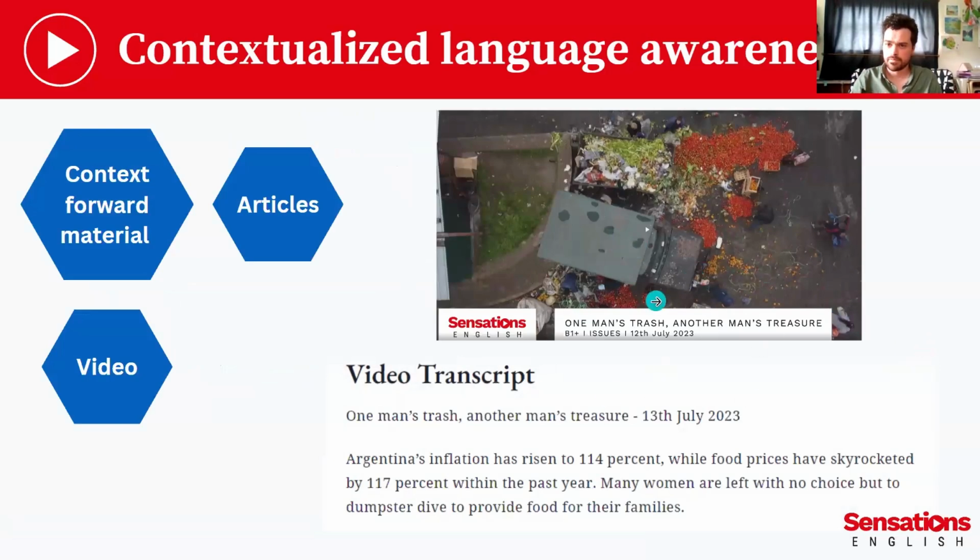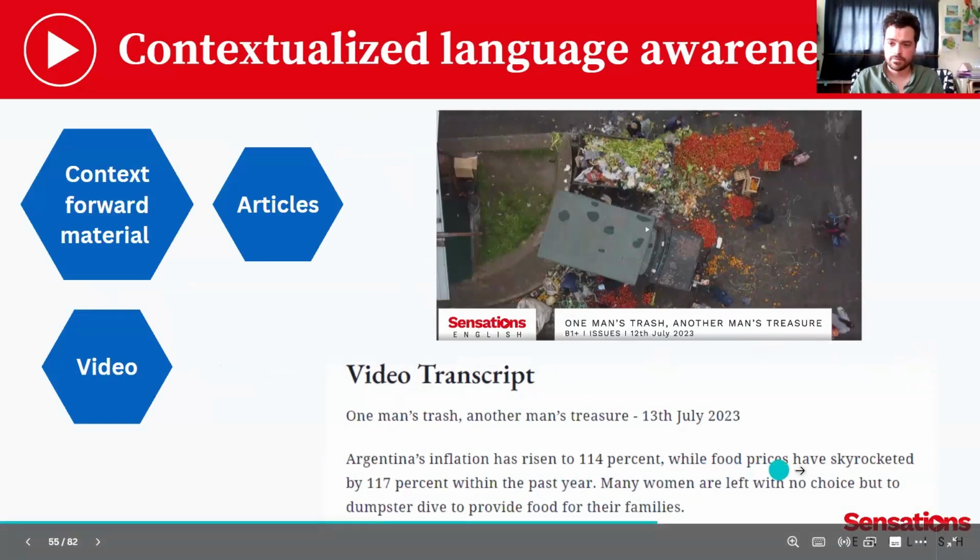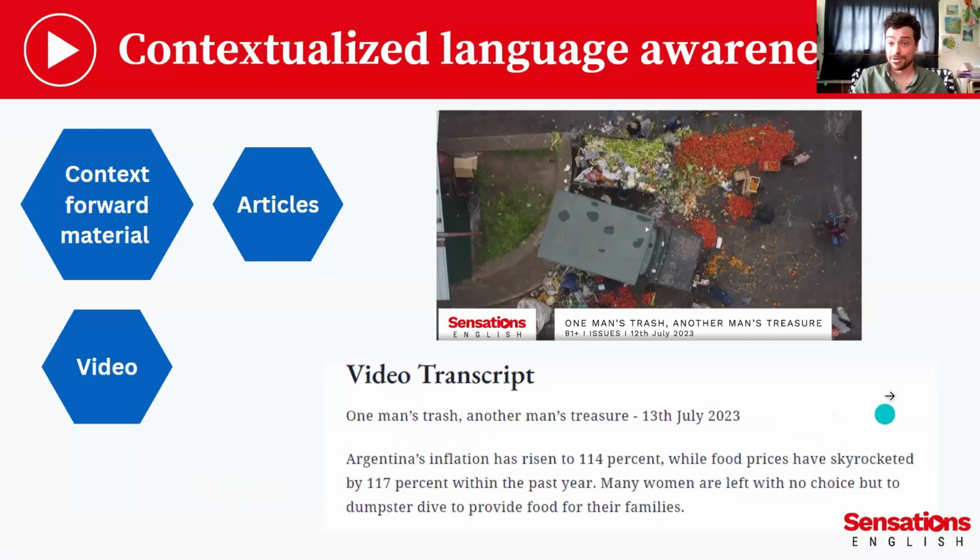This is one about Argentina's economy, about some women who were dumpster diving because it's cheaper to get food that way after an economic crash. But look, you have this great phrase, Argentina's inflation has risen to 114%, while food prices have skyrocketed by 117%. I mean, this is great language for numbers.